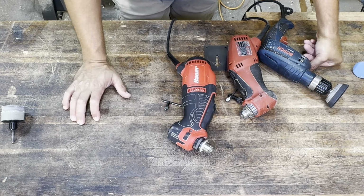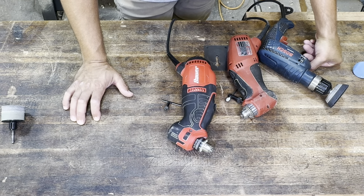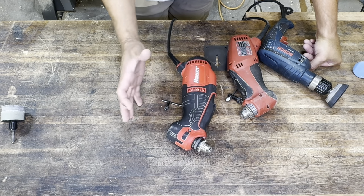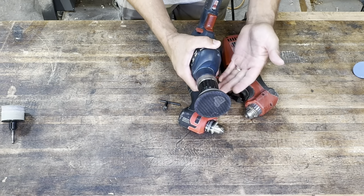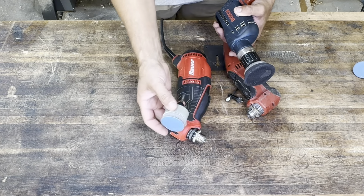By sanding at high RPMs, you're going to kill your sandpaper faster. Heat is the enemy of your sandpaper. So especially if you're new, it might make it easier. Changing the pads on this drill, if you were to switch from one pad to another, is a bit of a pain in the neck with the Bauer,